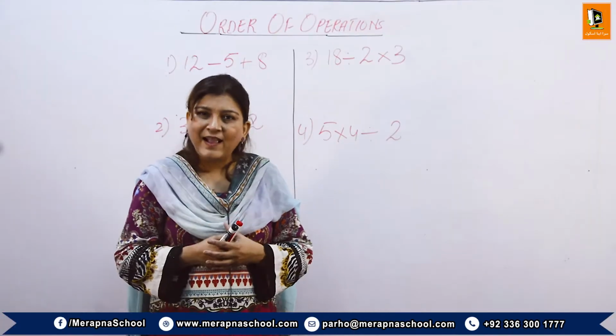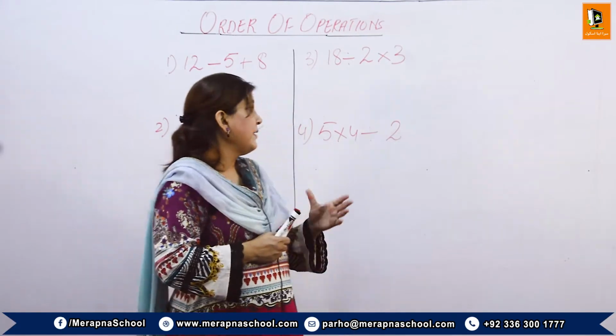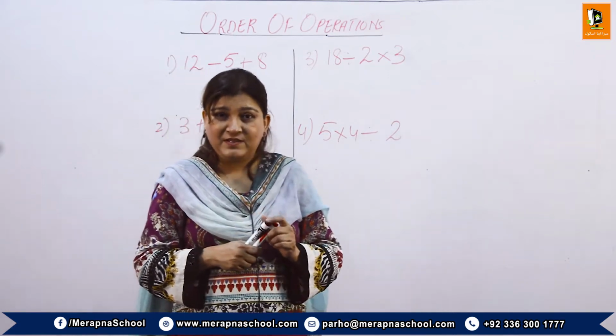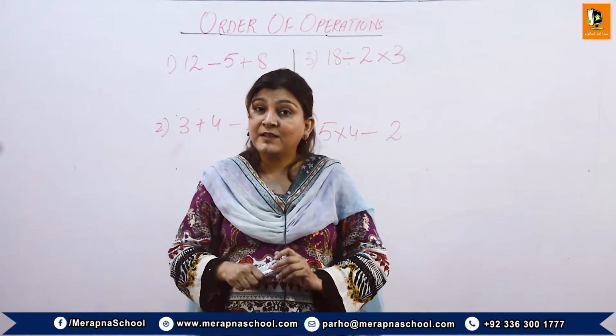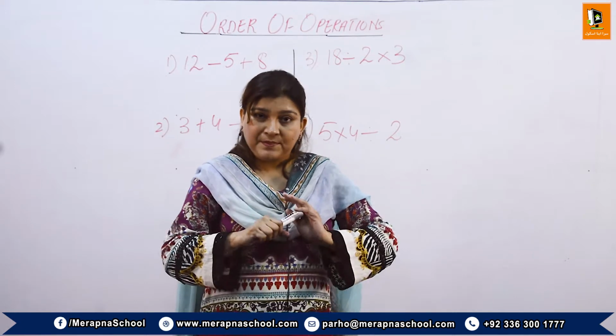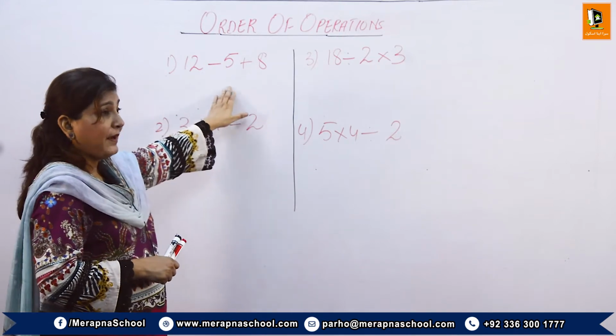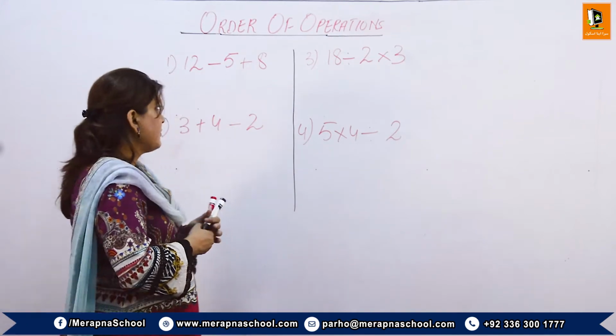Now we are going to solve 1 or 2 sums first following the DMAS rule. Now as you can see, I have written some sums over here. All these sums have more than 1 operations. Now remember, by following DMAS rule we will solve these problems. Number 1, 12 minus 5 plus 8. Now in DMAS rule, as we know that